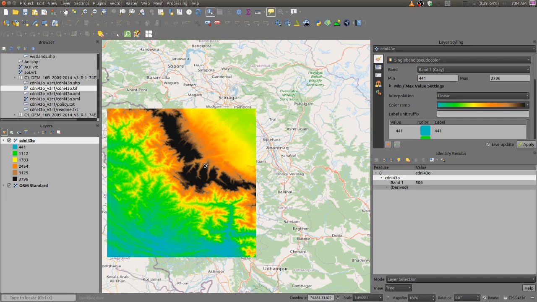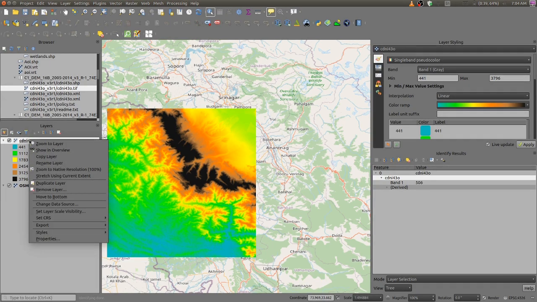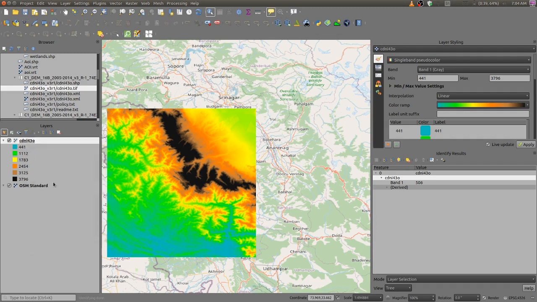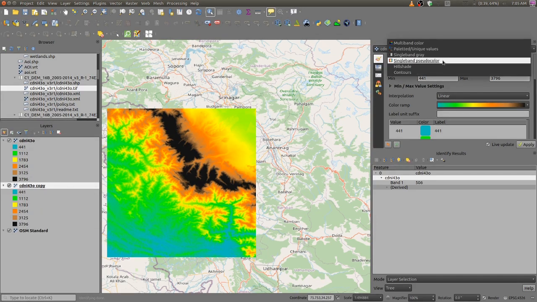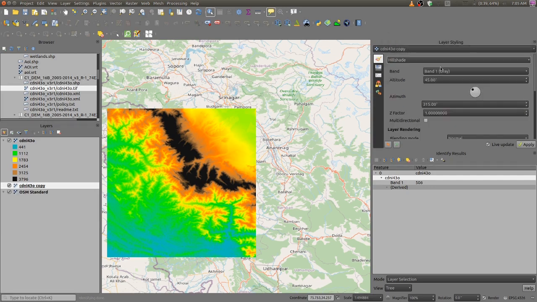And I'll show you another trick where we can have a still better look of this image. Let me right click and duplicate this layer, and to this I will give a different color symbology. Let me give a hill shade symbology, and take it above this.